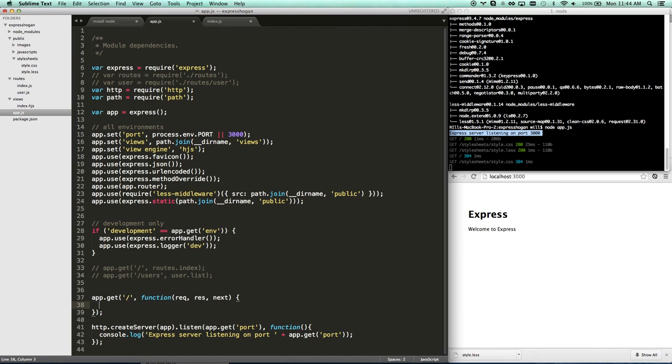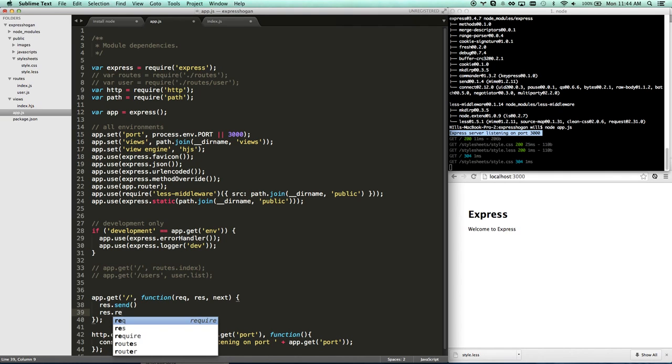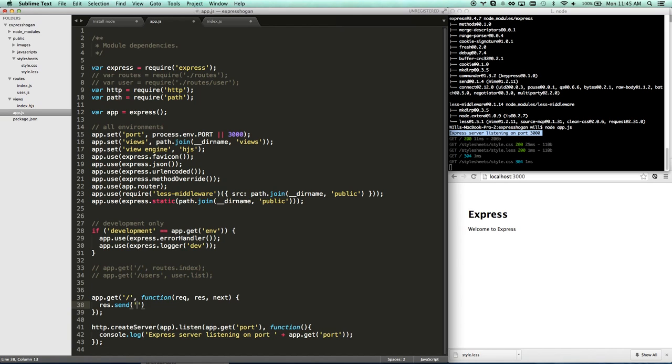So basically, I can go really quickly. I can just go res.send, which, if we use send, is going to send whatever we put in there straight to the browser. If we use res.render, then it's going to use our current templating library and look for a template to output. So that's kind of the two things you'll use to spit stuff back out to the browser. If we go res.send, here's some text,